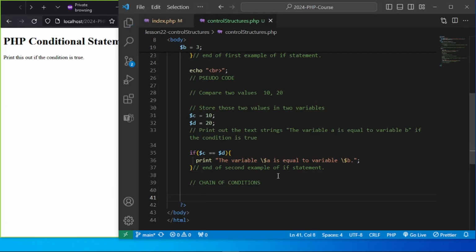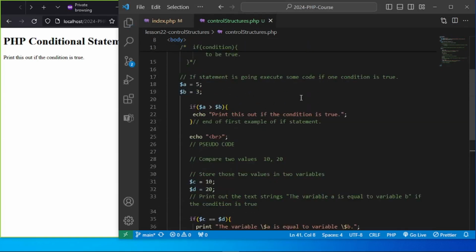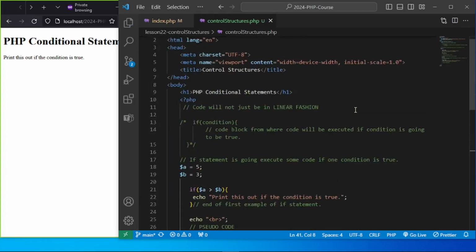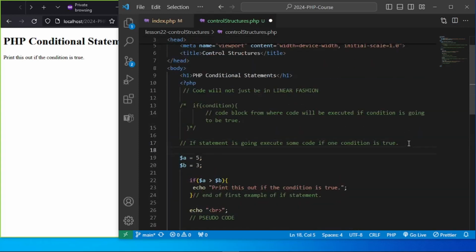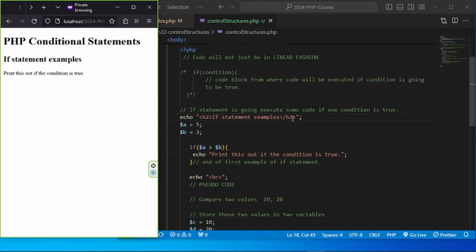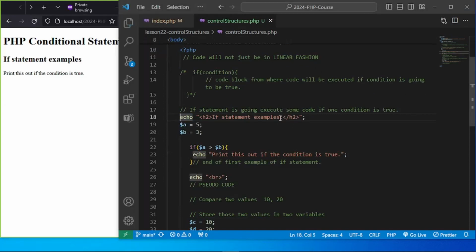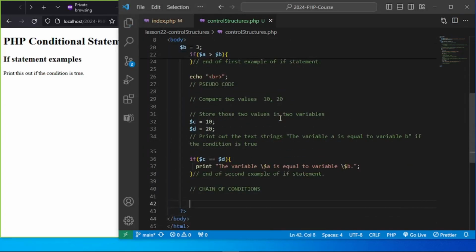So the first statement that we have is the if statement. I think it's good that we have some sort of a heading here for the examples. So let's have H2, if statement examples, and let's echo that out. Then let's have if else statement. So we will work with if else statement